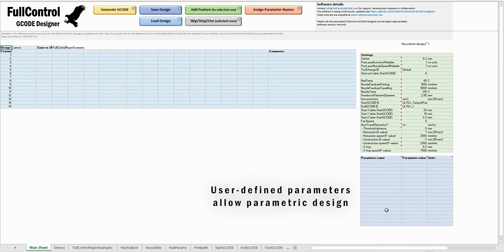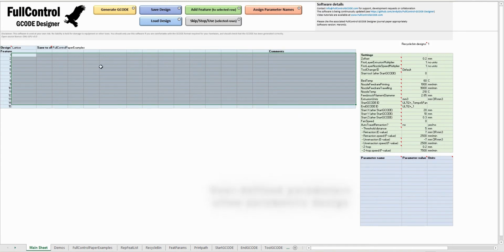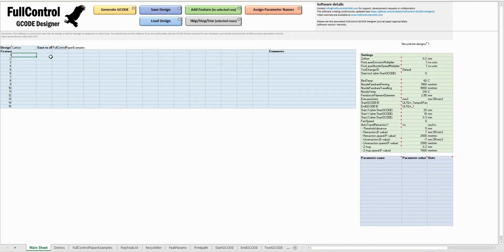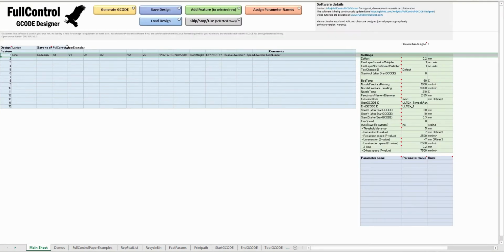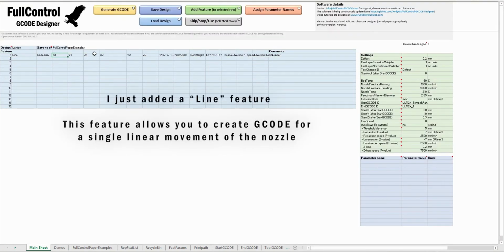Down here there's some parameters that you can enter. I've left them blank for now. And in this section, this is where you'll enter the details about your design. So I'm going to add a line. I'm not going to go through all the details of these features in this video, they'll be covered in other ones,